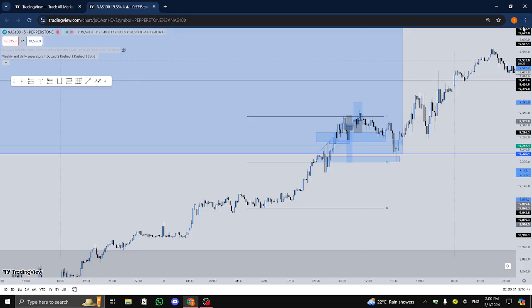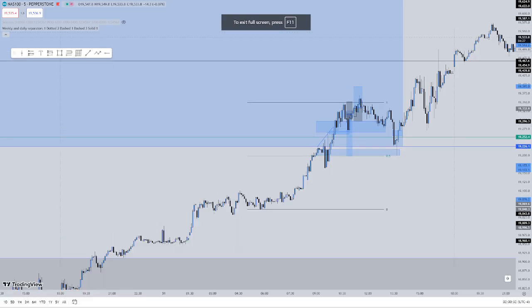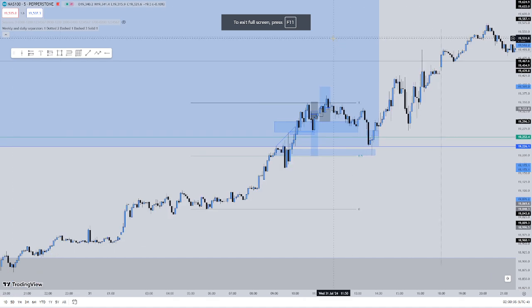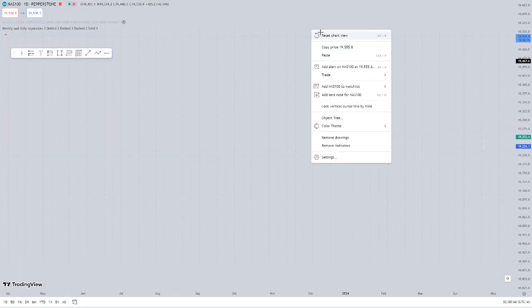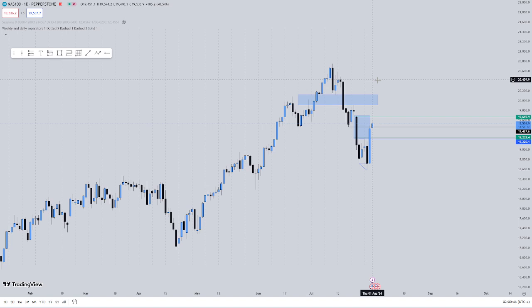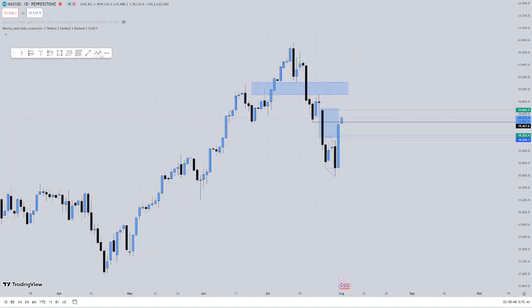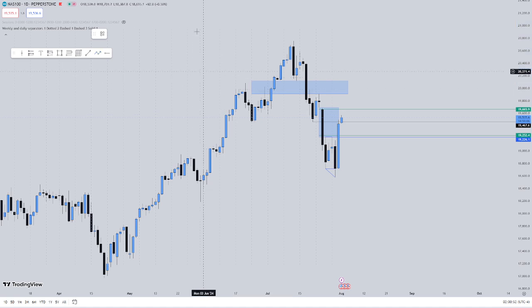Okay, so trade recap. I took two trades yesterday on Wednesday. So let me start off with the bias. Okay, in a daily time frame, my bias was bullish because price made a bullish SMT here, and in a weekly